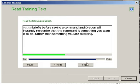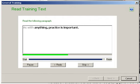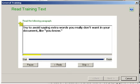Pause briefly before saying a command, and Dragon will instantly recognize that the command is something you wanted to do rather than something you are dictating. When you first start dictating with Dragon, it's important to be patient. As with anything, practice is important. Try to avoid saying extra words you really don't want to use in your document, like, you know,